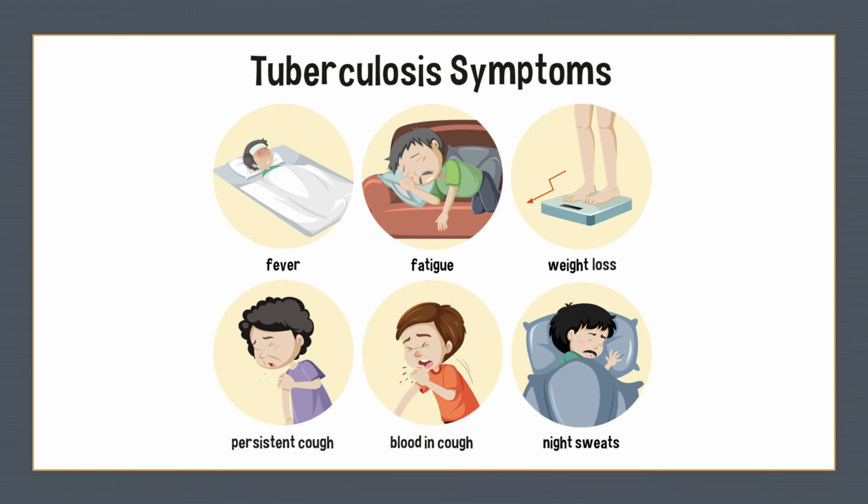If you are suspecting tuberculosis, here are some symptoms to look for. The big one is fever. Maybe a little bit of blood-tinged sputum, a little blood in their cough with that persistent cough. The big ones that kind of set tuberculosis apart from other disease processes are the frequency of night sweats, as the patient will be reporting night sweats, and unexplained weight loss. We're not just talking a couple pounds. Significant and unexplained weight loss.